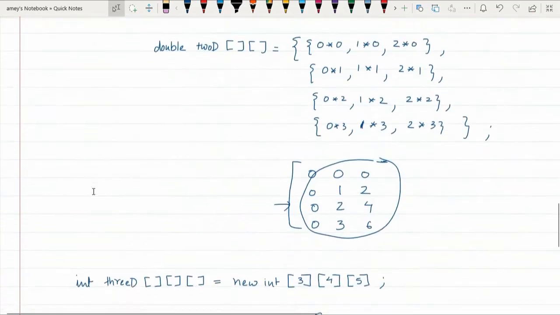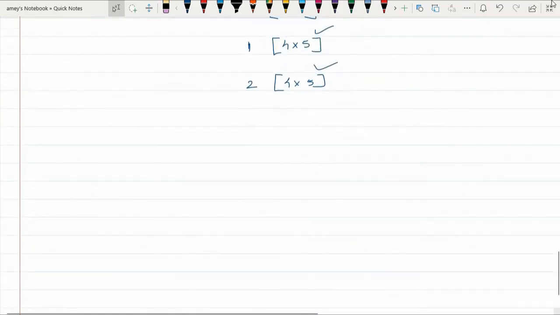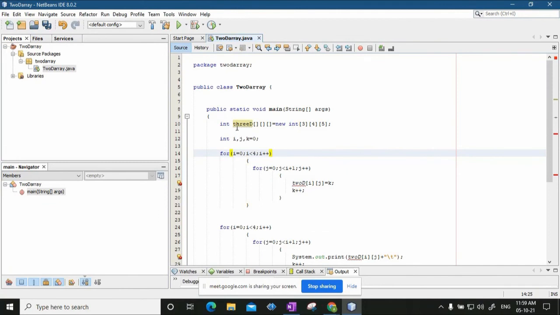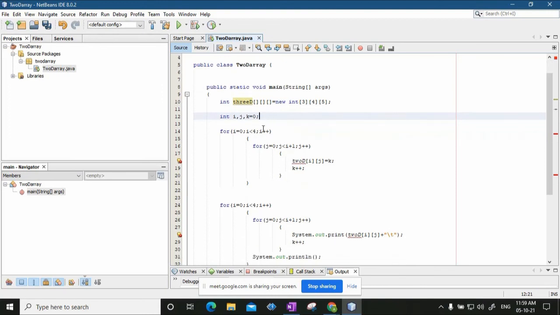Okay. So let's quickly create a three-dimensional array in the program. So int 3D, so basically you will have 3 matrices of 4 by 5. Let's continue. I have declared i, j, k, 3 variables.